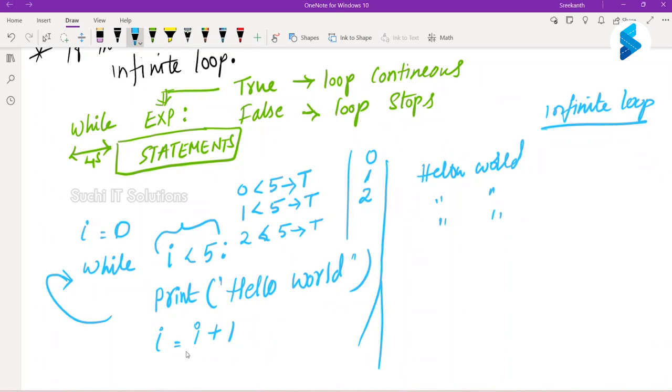Now here what are we doing? I is equal to I plus 1. 2 plus 1 is 3. Now 3 is less than 5. True. It will take one more iteration. It will print hello world again. And what are we doing here? I is equal to I plus 1. 3 plus 1 is 4. Again, 4 is less than 5. True. Then it will print hello world again. And now again what are we doing? We are changing the I value: I is equal to I plus 1, which is 4 plus 1,